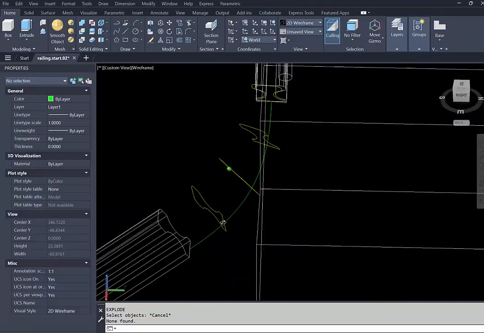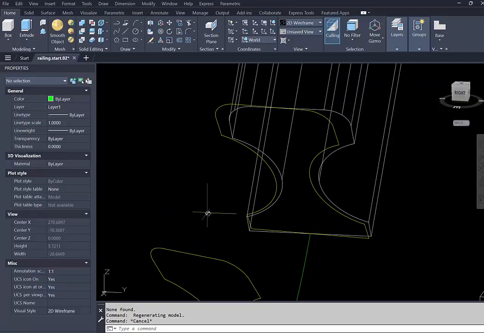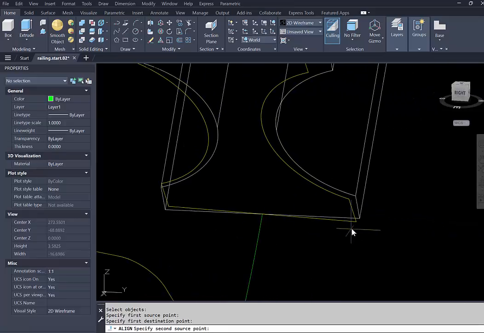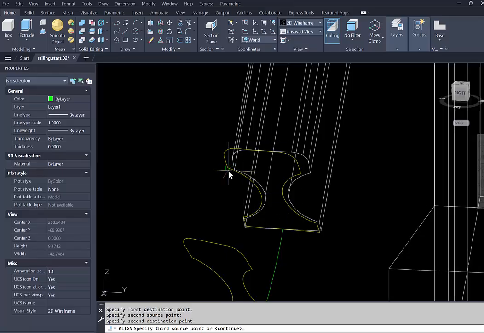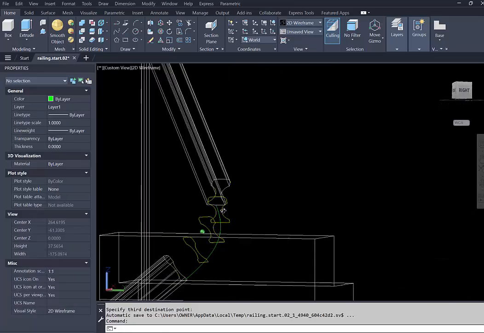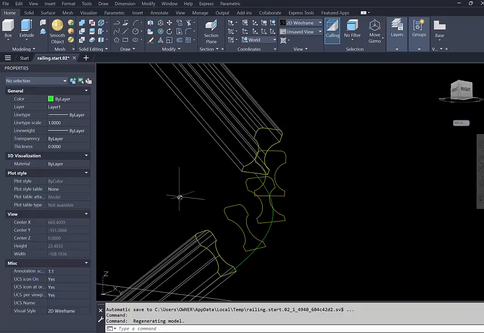Let's see how that looks. Looks pretty good. Except you can see here that the last section is not properly aligned. So we will use the align command again. Select this last section, take the bottom left-hand corner of the section and put it there. Take the bottom right-hand corner of the section and put it there. And take this corner and put it here. So now that's perfectly aligned, and we can come in and zoom in,